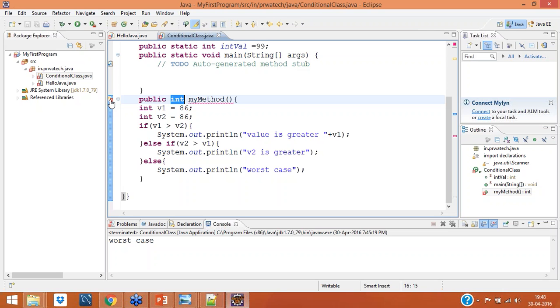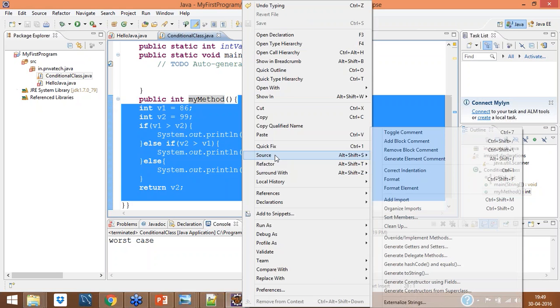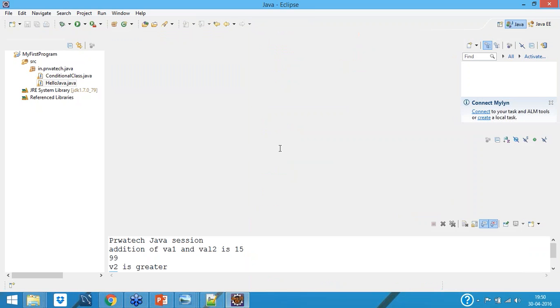I'm going to print it right now, and it will be 90. Okay, I have done like that. So run Java program, because I have added 99.